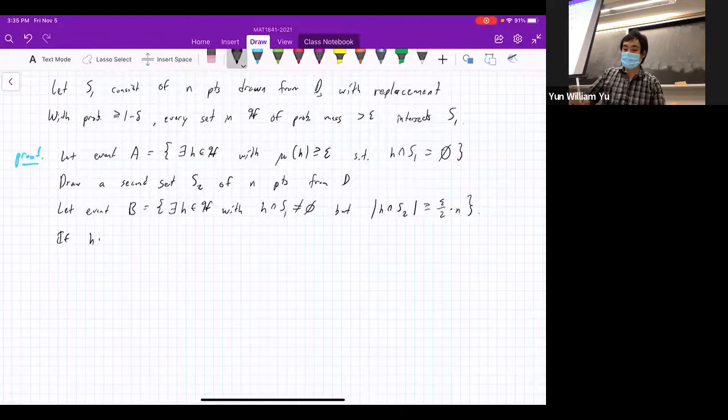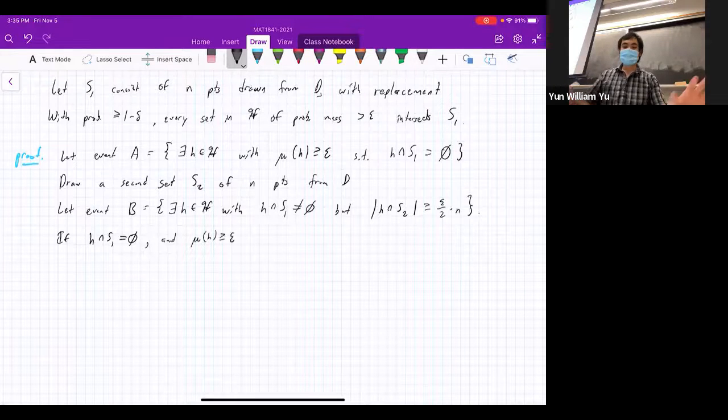So now if H intersect S1 is the empty set, so that's obviously one of the things we want for the set in B, and the mass of H is greater than or equal to epsilon. So somehow we're looking at some event that's some combination of A and B here. So we're looking at some H that satisfies both A and B simultaneously. Both A and B are events saying there exists at least some H somewhere. So they don't have to be the same H. But we can ask, well, what if it's the same H? And so that's what we're asking here. So if it's the same H, basically,